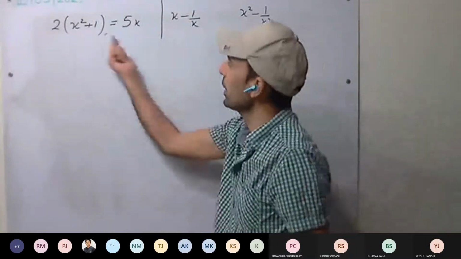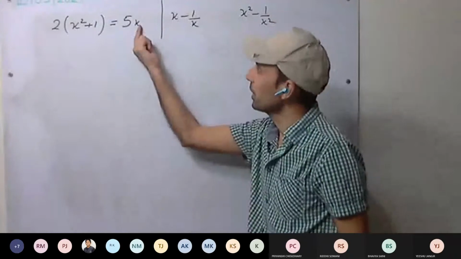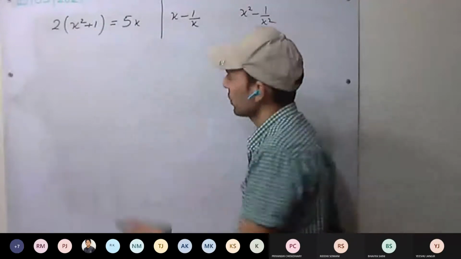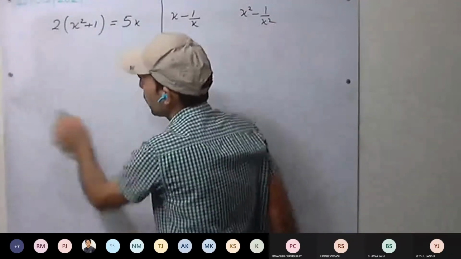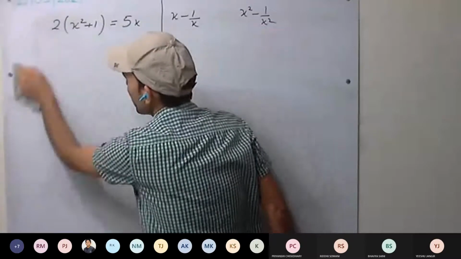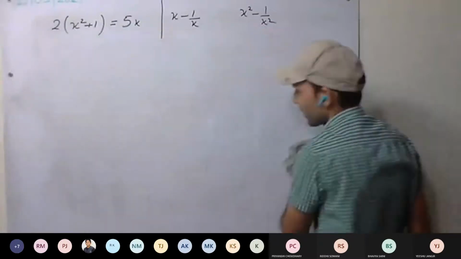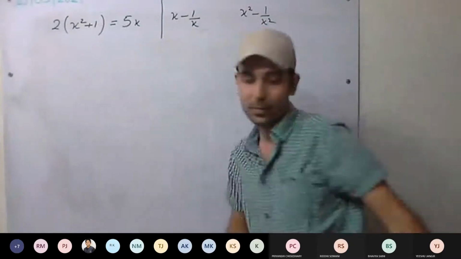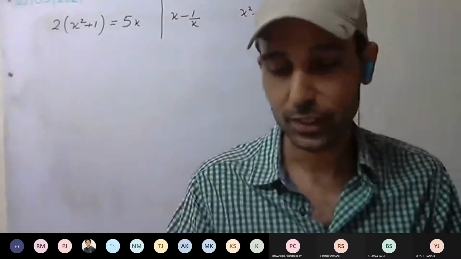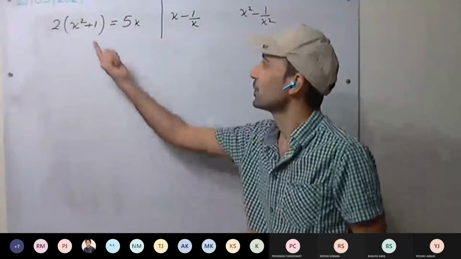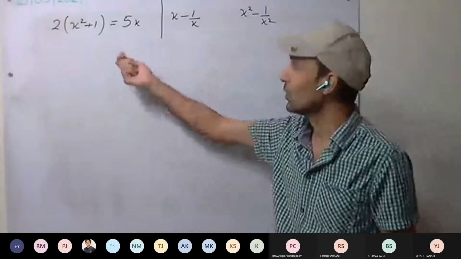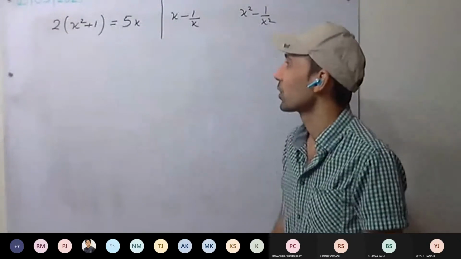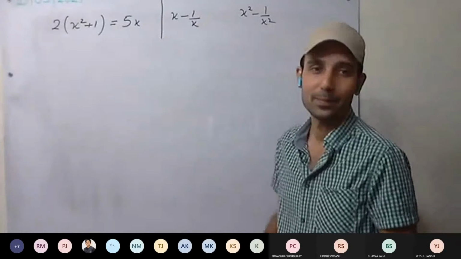We can divide both sides by x, or from here we can take that side as well. No issues. You are free to do any operation. You have all the scissors and scalpel, anything you can use. But they must be within the rules of mathematics. You must follow the ethics of mathematics. So how are we going to proceed?